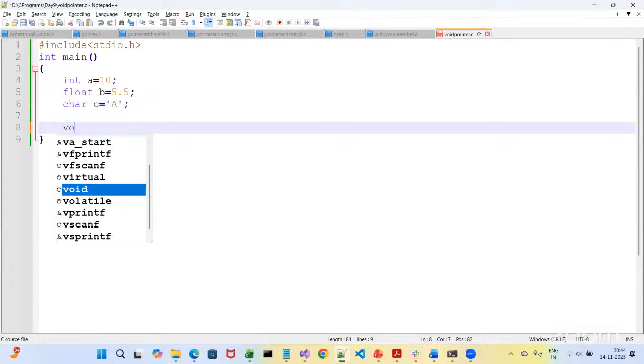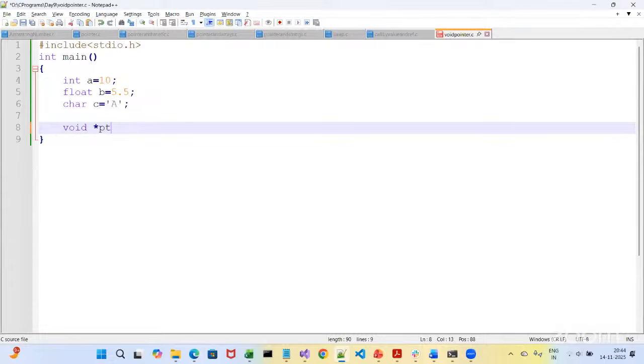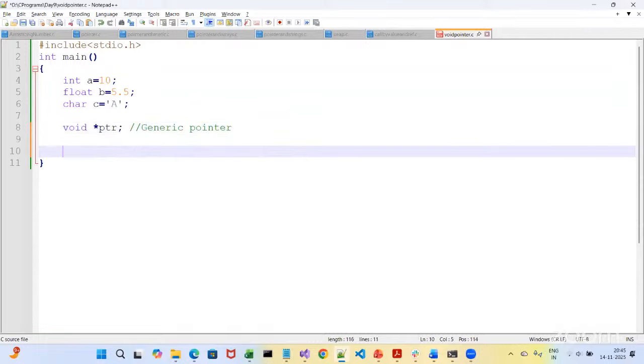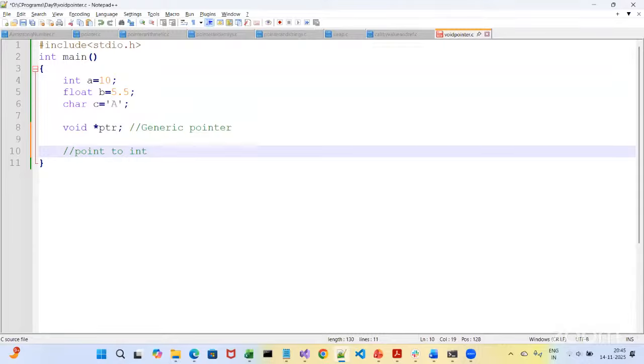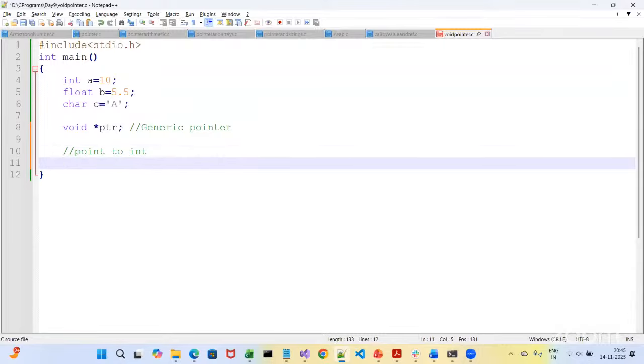Now I'm going to create a void star pointer. Now this is generic. Generic means which is applied to all. This is not specific, right? I have not written int pointer or float pointer or char pointer. It is void. It is generic. So this is a generic pointer. Now if you want to point this pointer to the int a we have created, you will write,